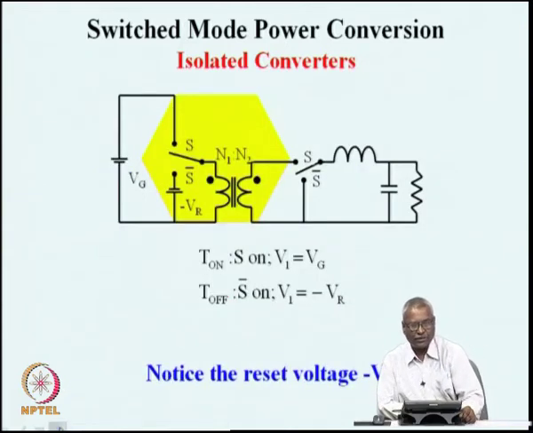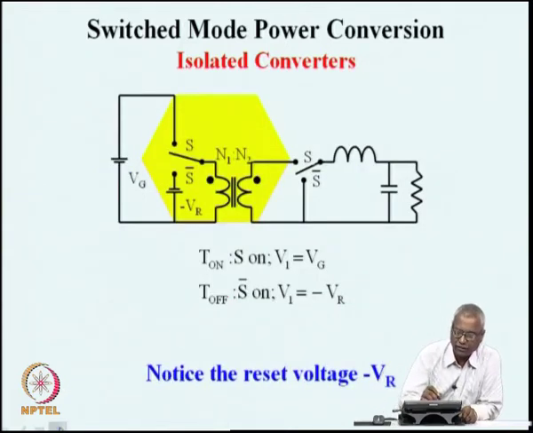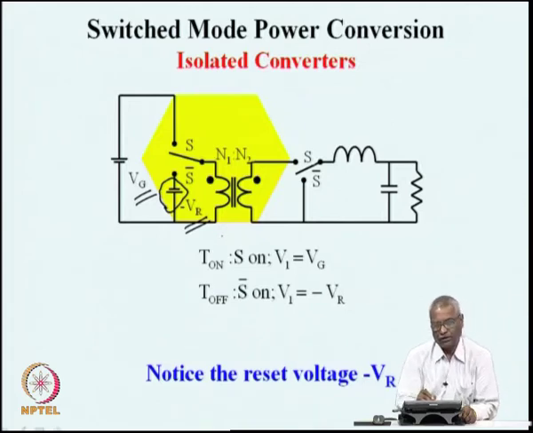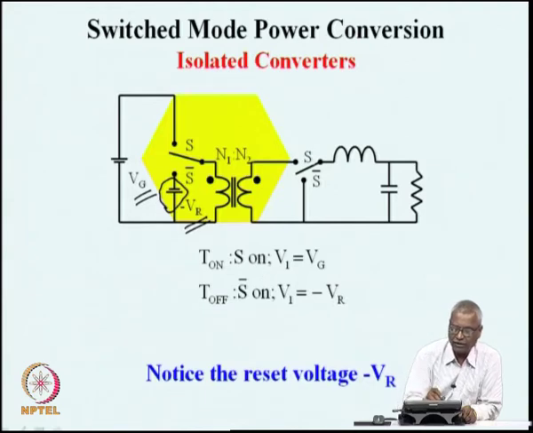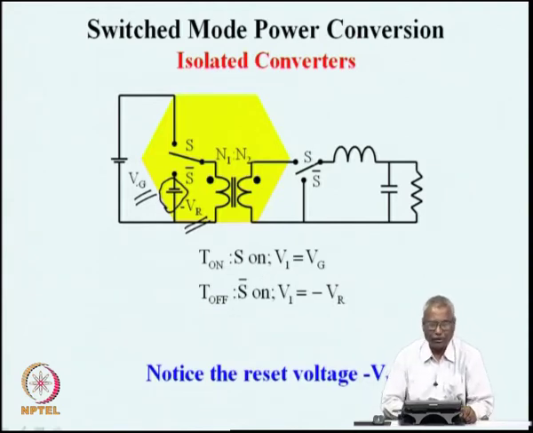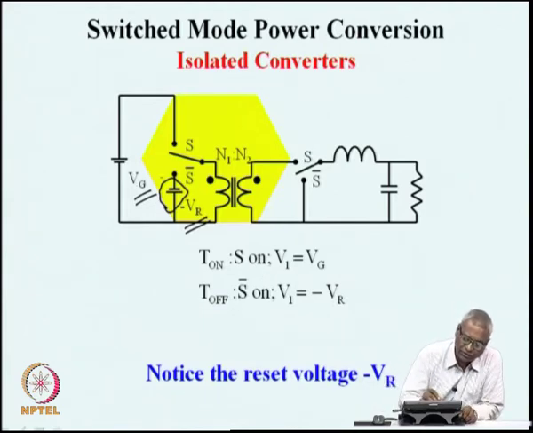Now, in the same circuit, what has been done is a reset source has been added. I call that minus VR. The source voltage is Vg. When the switch is connected to S, the transformer will result in flux build up during the on time because of the voltage Vg. During the off time, because the switch is now connected here, the transformer is subjected to a negative voltage of